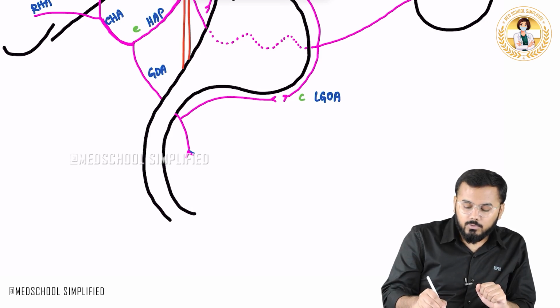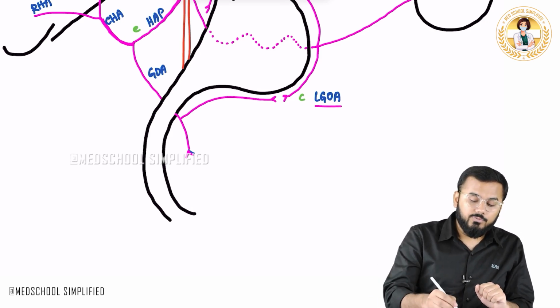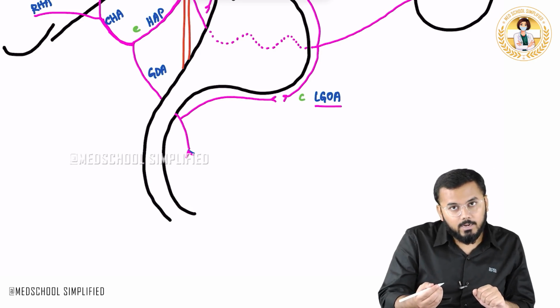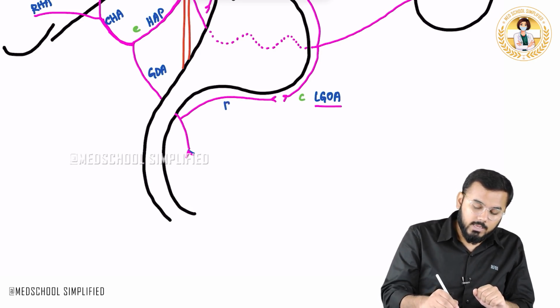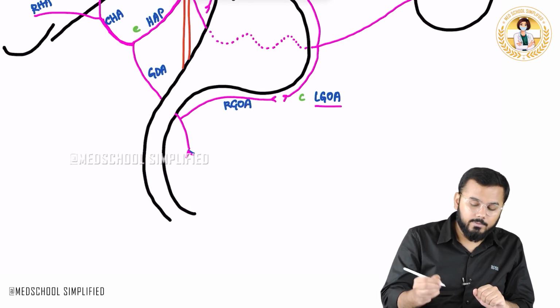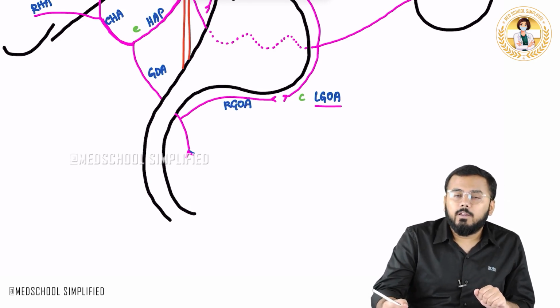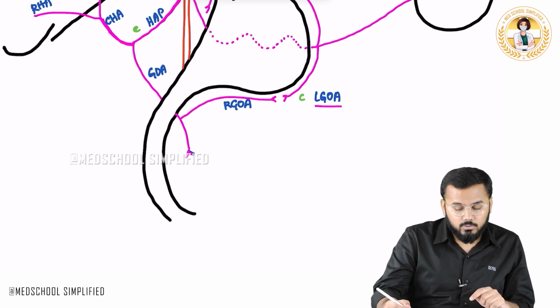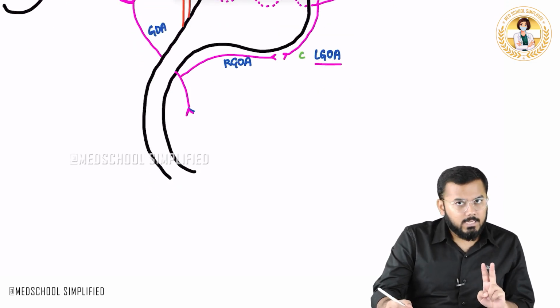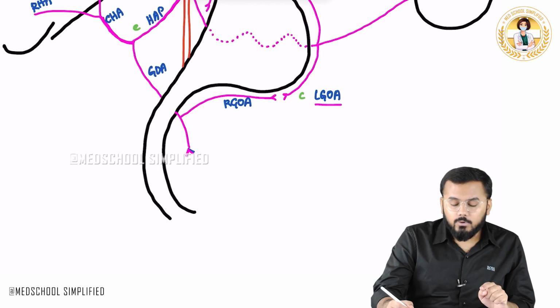it anastomoses with your left gastromental artery. So if it is anastomosing with the left gastromental artery, then this branch should be called the right gastromental artery, right? The other name for left gastromental artery is left gastroepiploic artery. So the same goes for the right also, right gastroepiploic artery. Right, now here two branches are there. So gastroduodenal artery